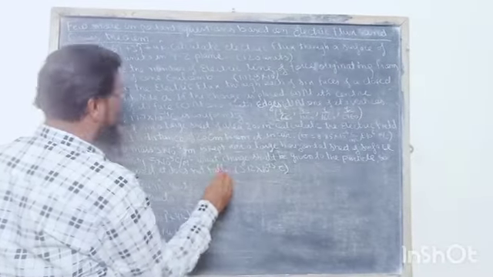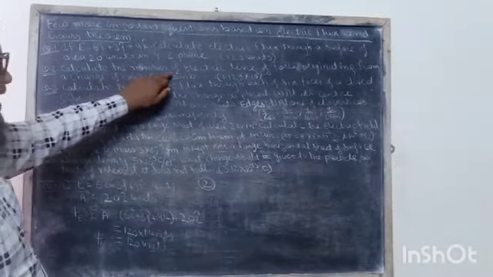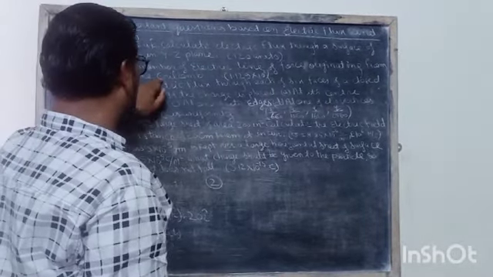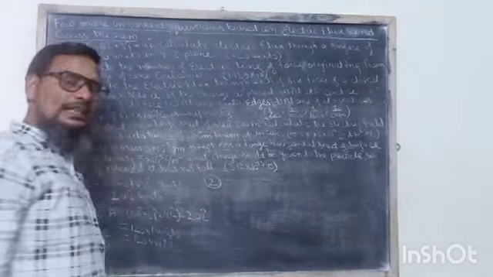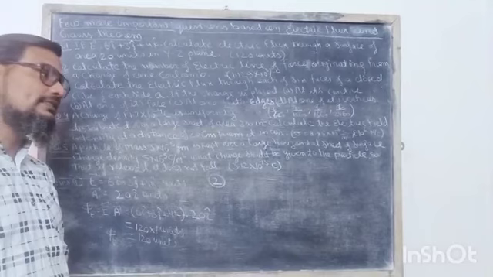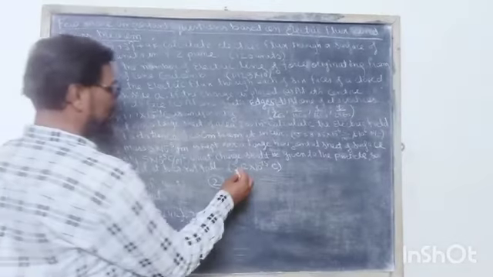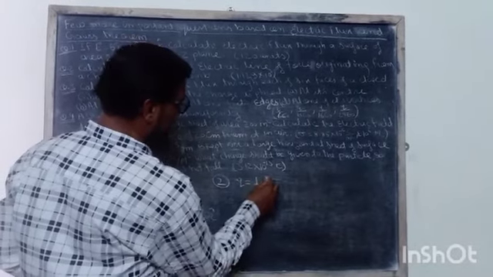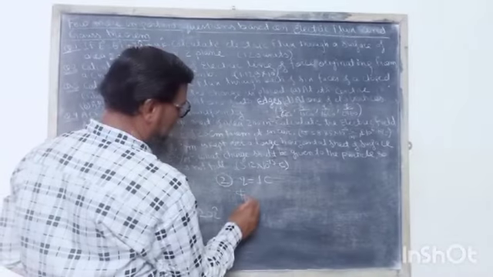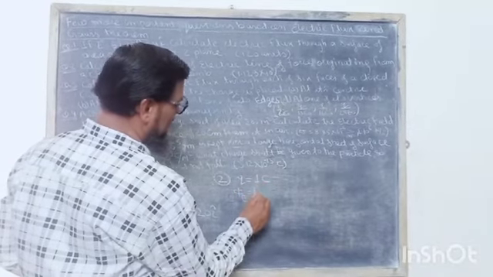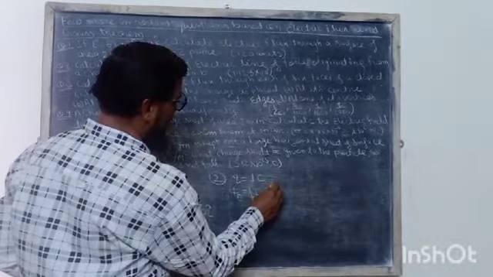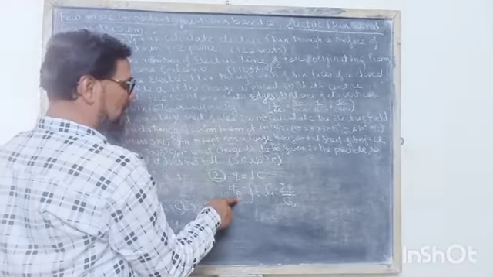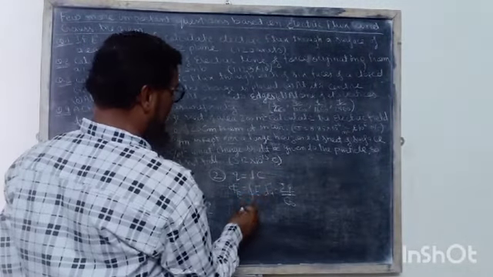The answer of question number 2: calculate the number of electric lines of force originating from a charge of 1 coulomb. The number of electric lines of force, we know that this is the electric flux, and from Gauss theorem, the value of charge is given to us, 1 coulomb, and according to Gauss theorem, the electric flux is equal to the integral of E dot dA, which is summation Q upon epsilon naught. This is the net outward flux, and this is the number of electric lines of force.